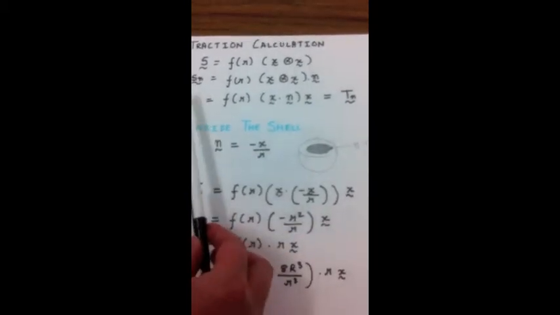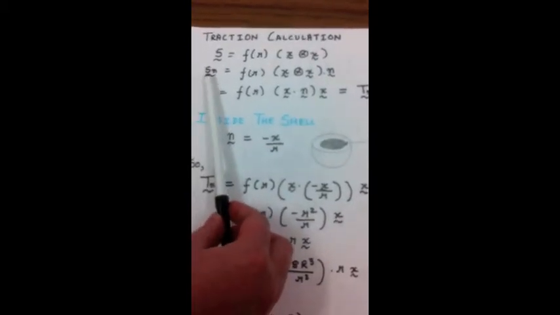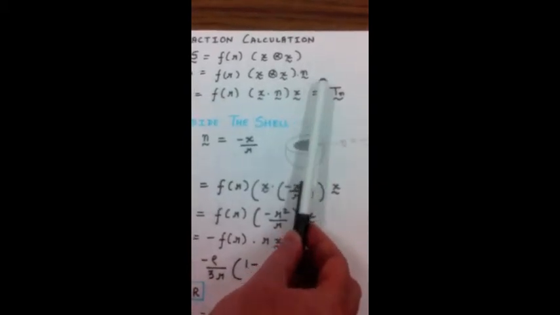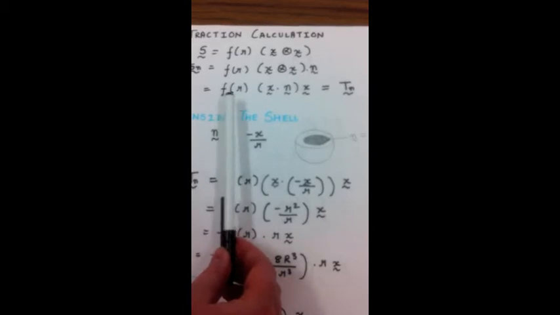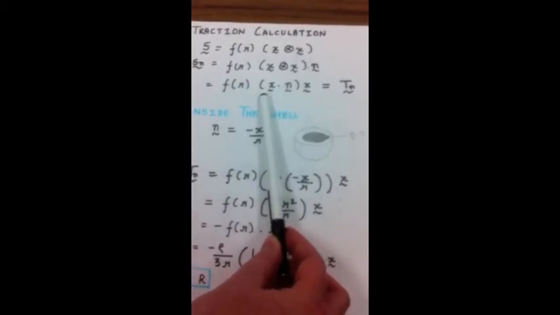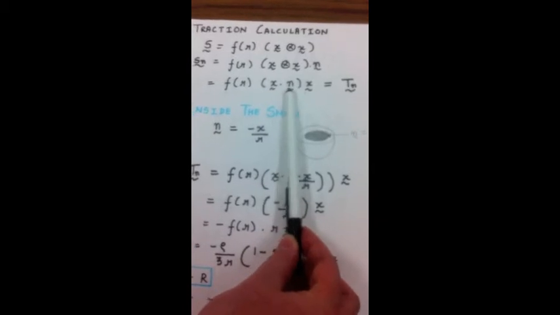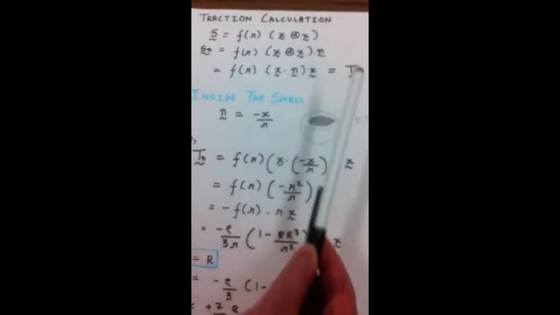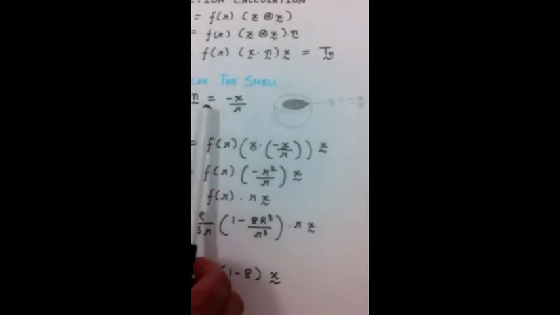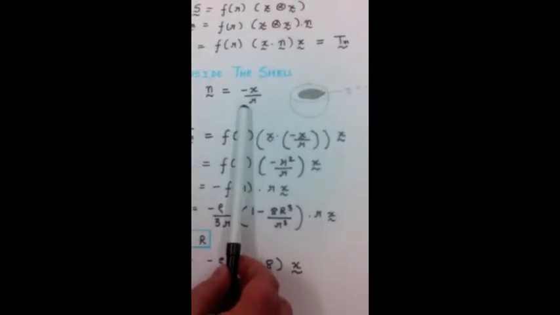So therefore, S operating on n, our normal vector, would equal this statement. Simplifying, we know that our traction would be our function f times the vector x dotted with the normal vector operating on x. Inside the shell, we know that our normal vector is equal to negative x over r,